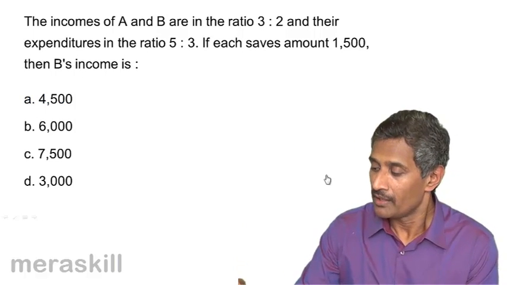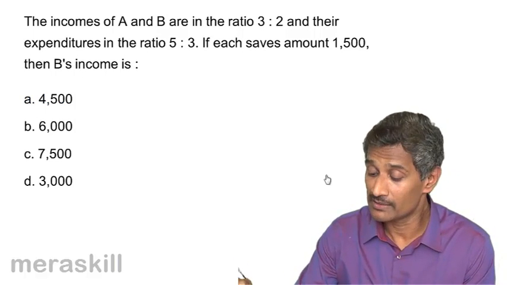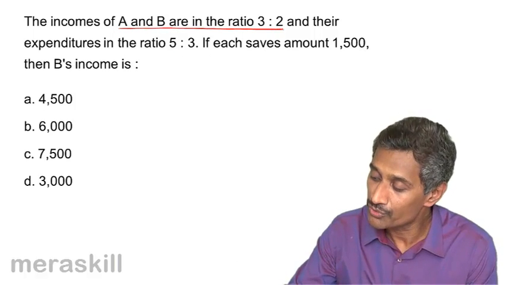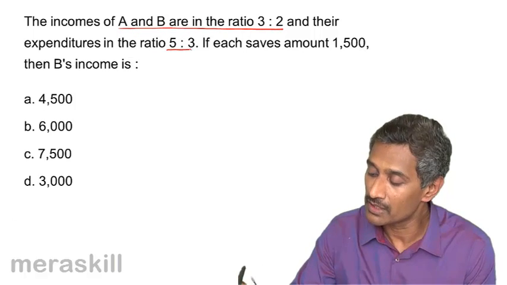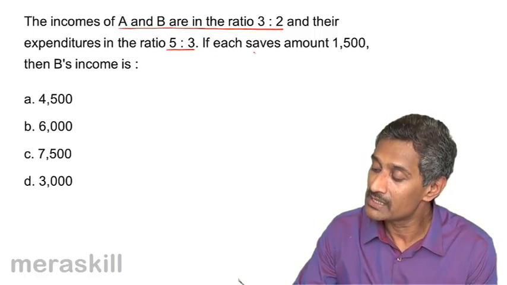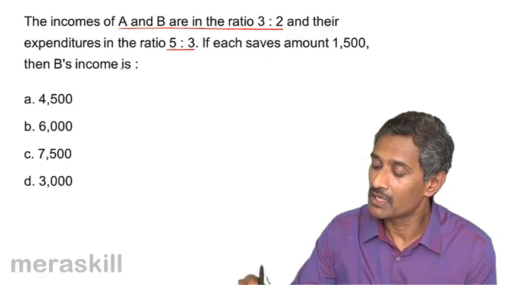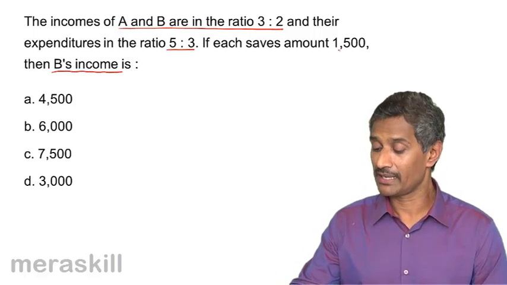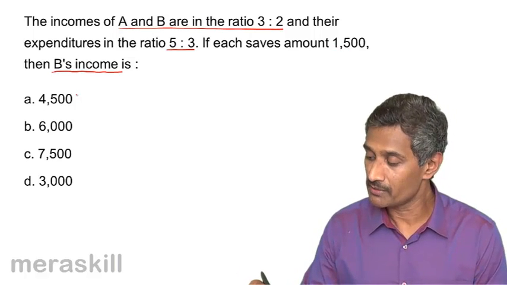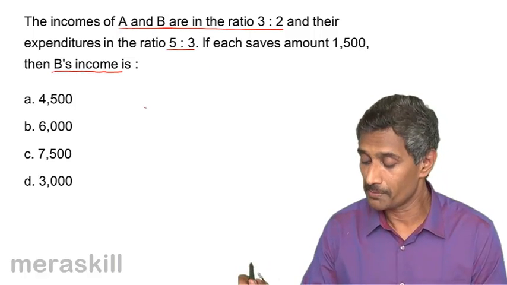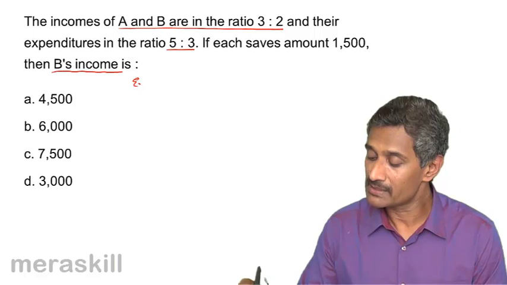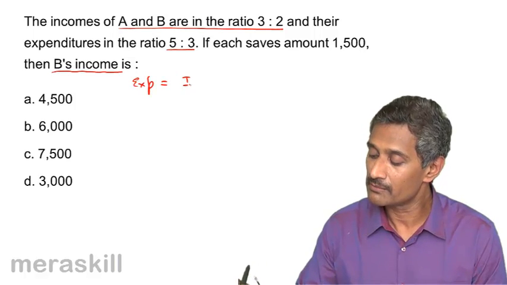Okay. Now here we have again a similar concern. The incomes of A and B are in the ratio 3:2 and their expenditures are in the ratio 5:3. If each saves an amount of 1500, then B's income is what? Now each one saves 1500 rupees. The options are 4500, 6000, 7500 and 3000 rupees. So, again you're using the same concept that expense is going to be income